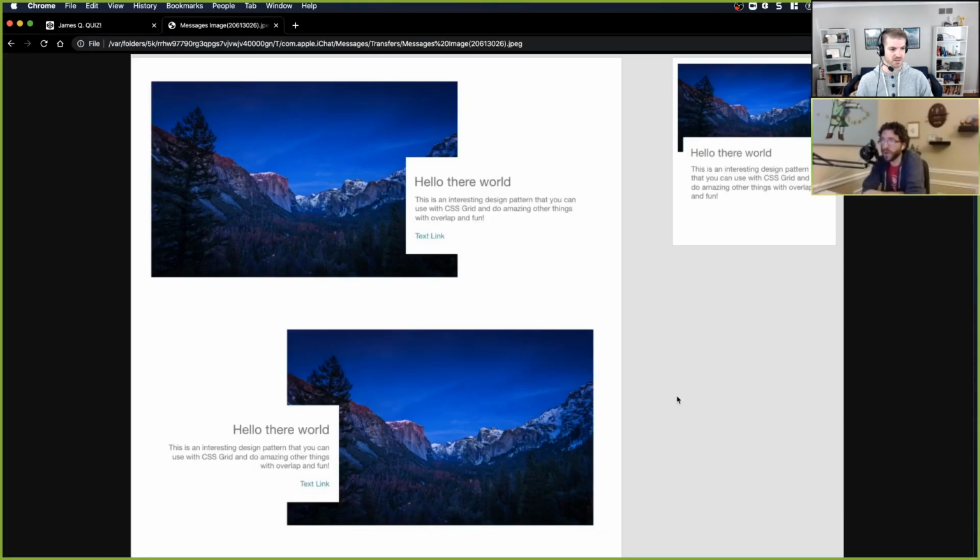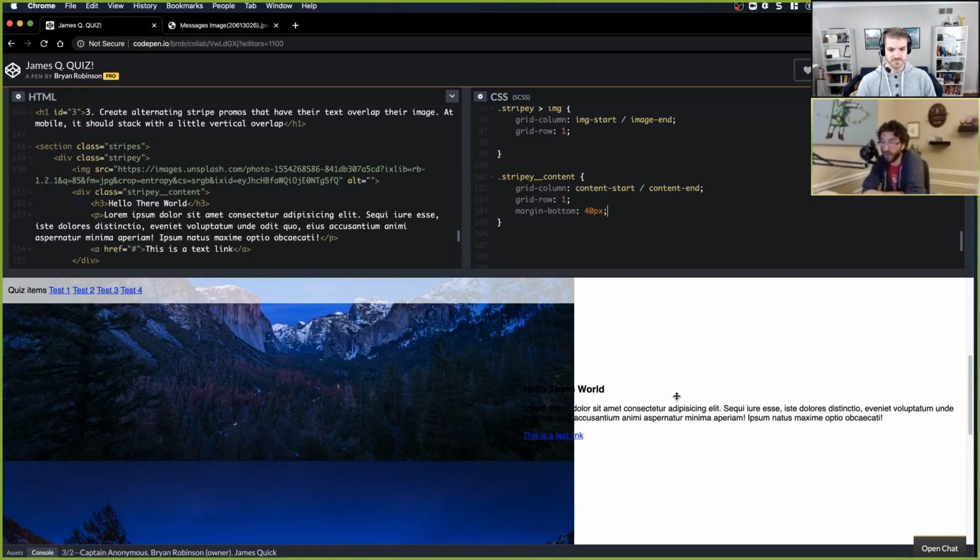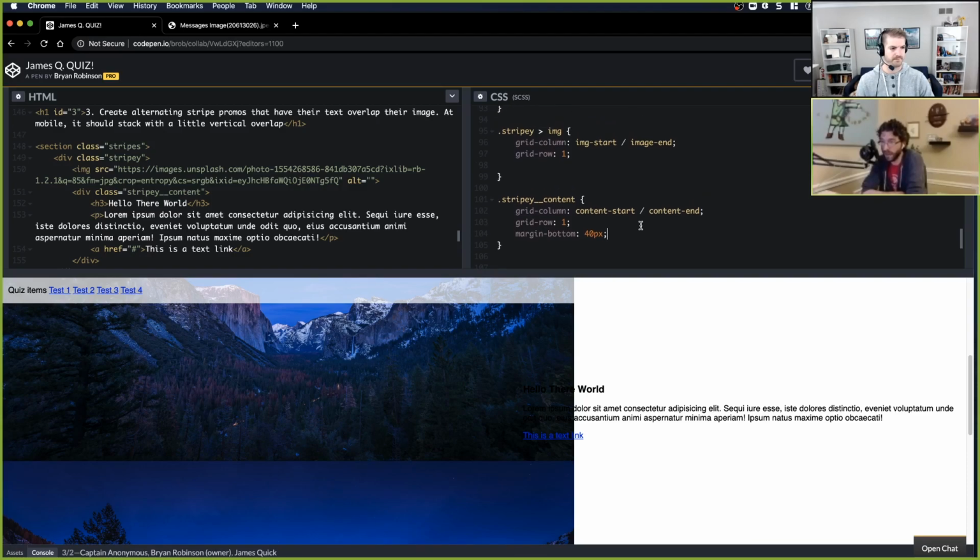I mean, you could also go in and define out rows if you wanted to and have your image span multiple rows and have the text span not as many rows. That would be a possibility as well. Yep. So I'm going to blow your mind a little bit. All right. I tell people regularly.